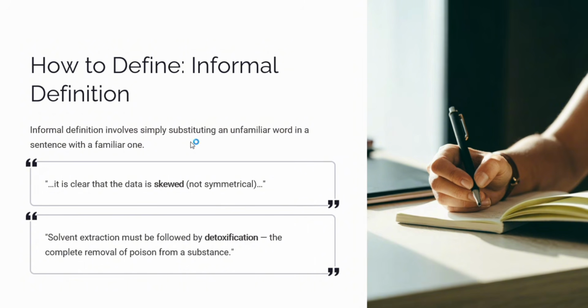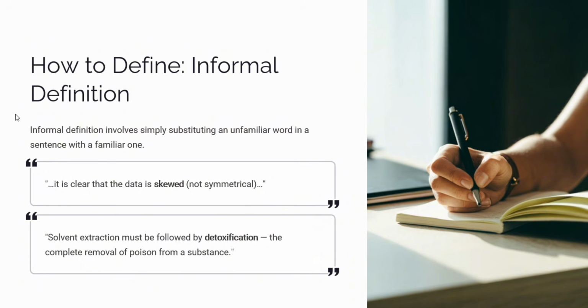So please pay close attention to understand how you can define words. So what are those things? We have established that when we have an uncommon idea and we want to use an uncommon word, there is a need for us to define them. So how do we define? And we have said that we have three ways of defining words. Number one is informal definition. Number two is formal definition. And number three is extended definition. We are going to deal with each of them in detail.